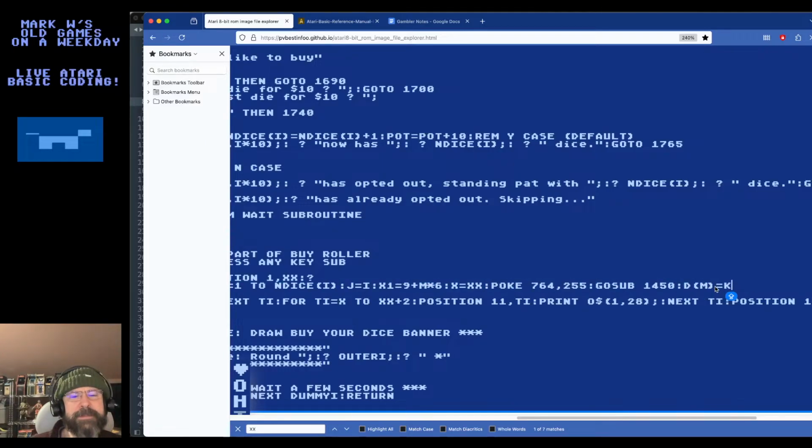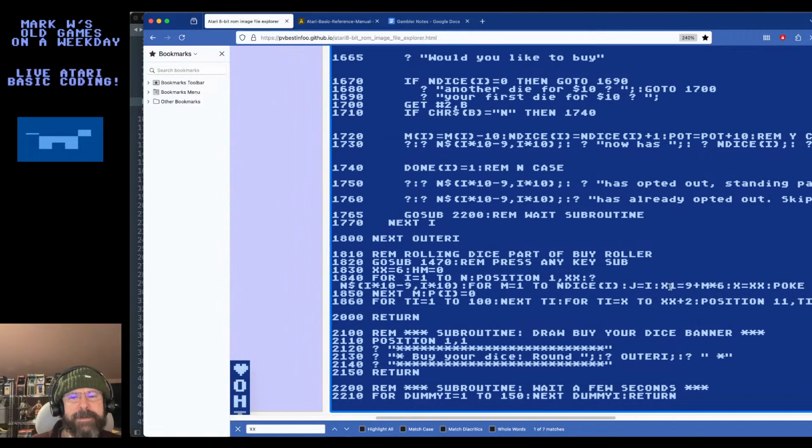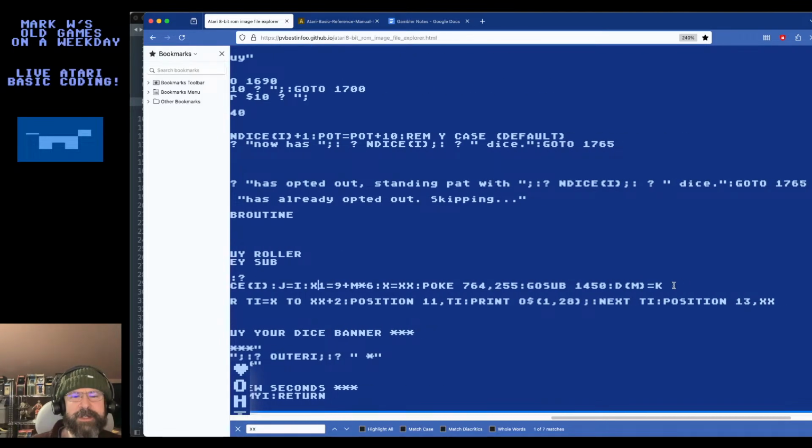And we need to set this to 0 before we roll any dice, actually. We need to initialize it. Because what I'm going to do is change this to dm equals dm plus k, right?